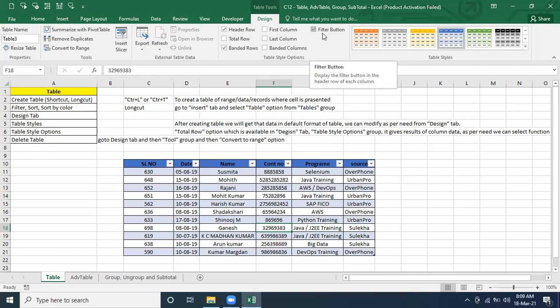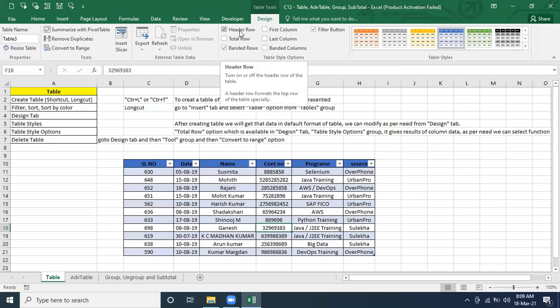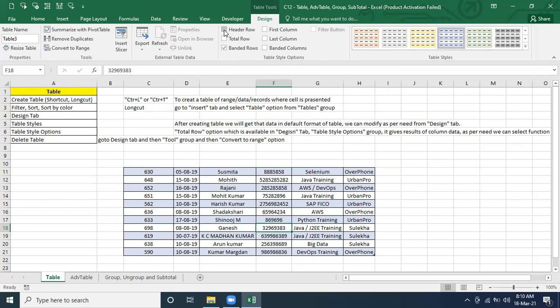Second thing, along with the filter, the header row. If you don't want that style, what is the style for the header row? It will be bold, correct? And the color is something different. Whatever format is defined for the header row, we don't know what format they have done for it, whatever it is, it's going to be removed. Just see, header row. If you want to make it visible, it will be visible. If you don't want it, it gets removed.